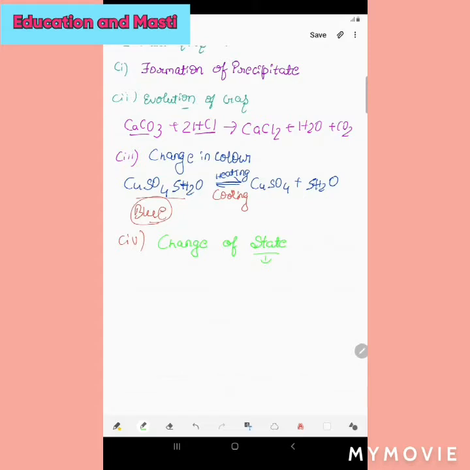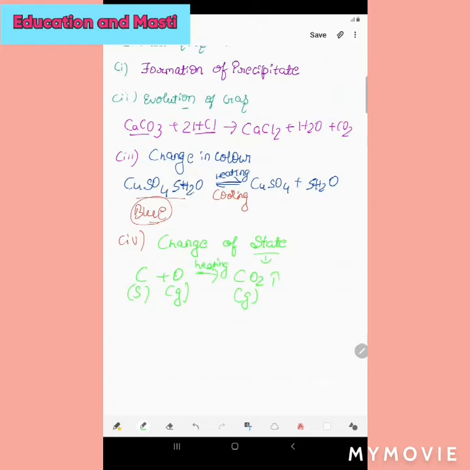First example, let's take the reaction between carbon and oxygen. You can also give the easiest example, like hydrogen and oxygen, which are both gases, but when the product comes it is in the liquid state. Same thing happens here: carbon is solid and oxygen is gas, and we form carbon dioxide, which is gaseous in state. On heating it is being formed, so we are writing here heating.